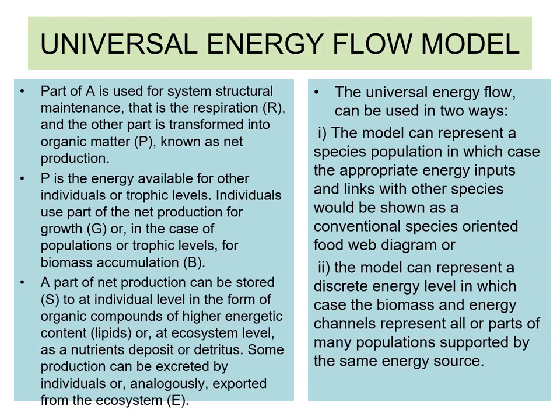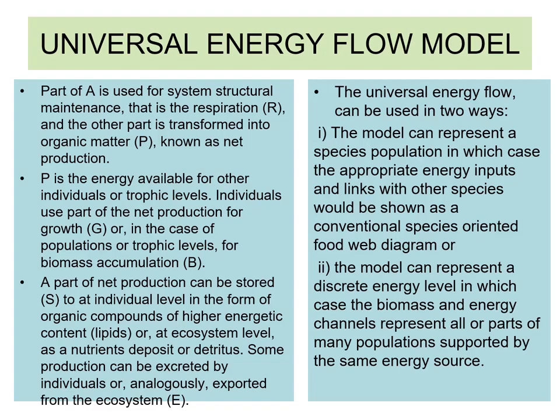So the part of A is used for system structure manufacture and respiration, and the other part is transformed into the organic matter, that is P, known as the production. P is the energy available for the other individual or the trophic level. So an individual uses part of the net production for growth, or in the case of the population or trophic level, for biomass